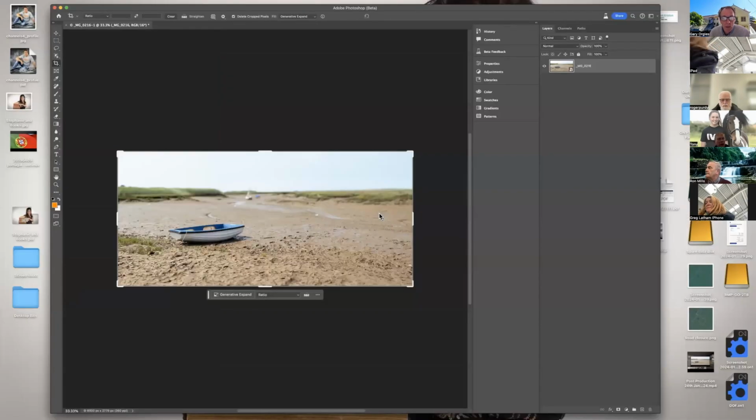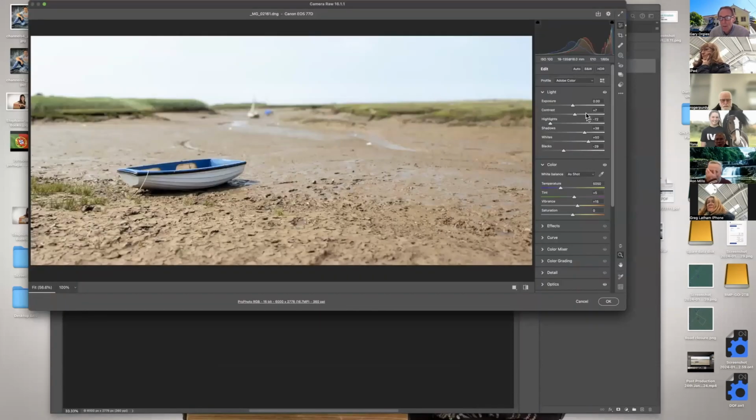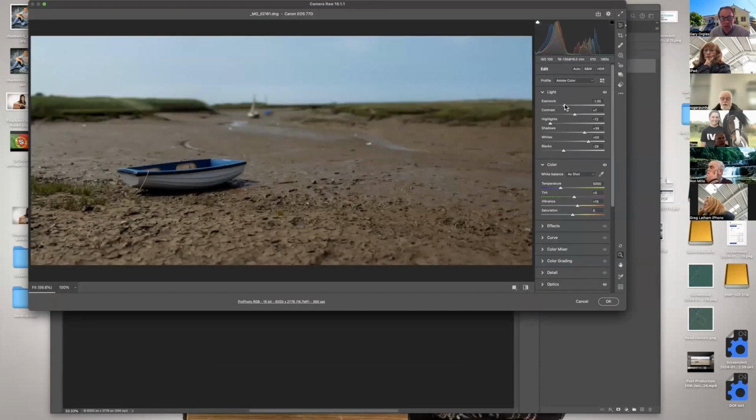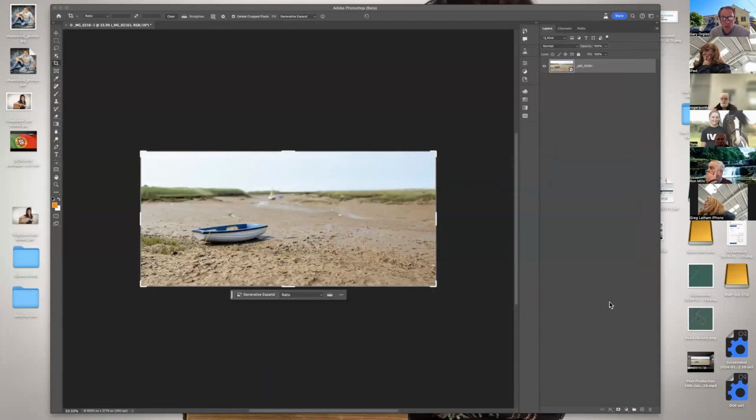Let Photoshop wake up. There we go. And now we have our smart object here. And if I click on here, and I go to my panel, there's all the settings I've just done in Lightroom. Okay. Just pull that back a fraction. However, there are certain filters within Photoshop that do not work very well, or do not work at all, with